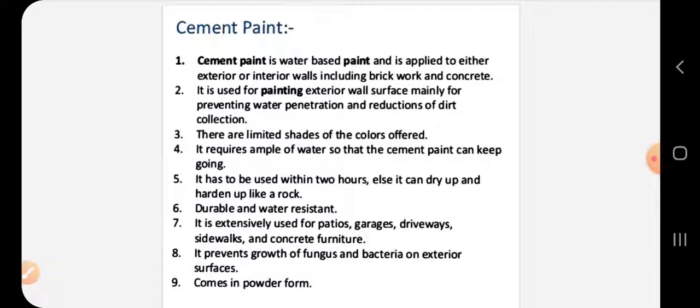It requires an ample amount of water so that cement paint can keep going. It has to be used within 2 hours, or else it can dry up and harden like a rock. So once you have mixed it with water or whatever solvent, it has to be applied. Its application is to be done within 2 hours, or it will become hard. It is durable and water resistant. It is extensively used for patios, garages, driveways, sidewalks and concrete furniture.